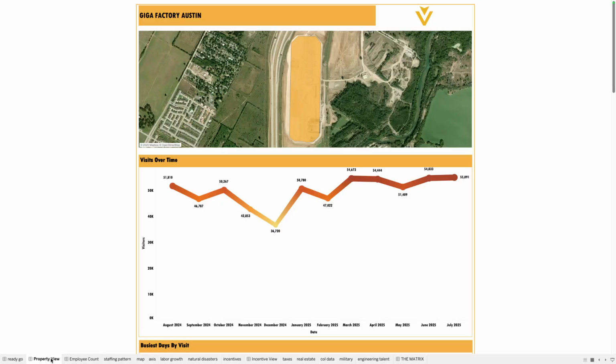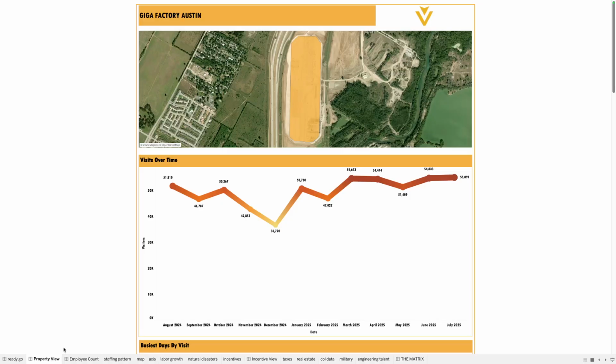So here what we want to do is pull some information about what's going on at this existing facility, because if we're trying to replicate it, we've got to know something about what we're trying to replicate. So what we're going to do is first run a cell phone study to figure out what's going on at this facility. How many people are coming in and out of it? What's their workforce? How many total employees are actually going here? How far are people and employees willing to drive to this facility? All of those questions, we're going to try to get a glimpse of the answer by running a cell phone